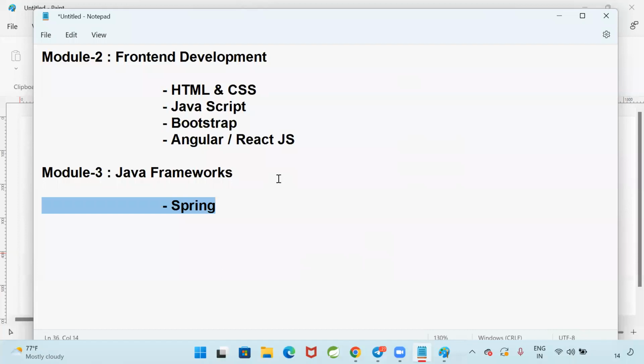You cannot do anything in the company, because every project will be developed by using Spring only. So Spring is the most important framework for Java people. If you want to become a Java developer, the ultimate goal is to learn Spring. That is what is happening in the industry.